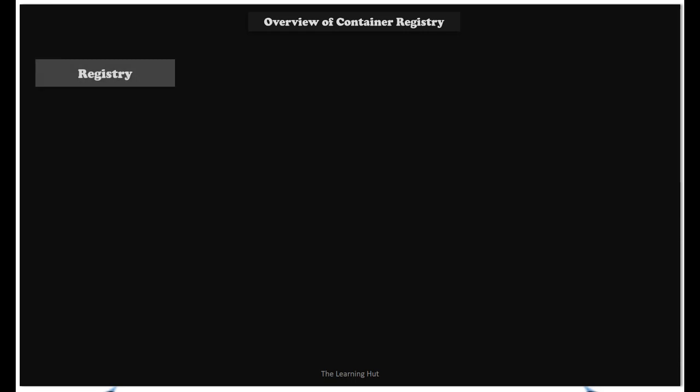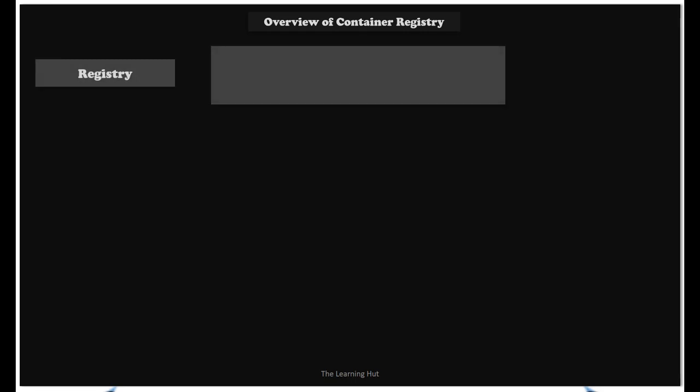First we'll start with the registry. What is a registry? Registry is simple: it is where we can store our images. That should be a central location, available to all nodes. It could be your staging environment, your production environment, or your development environment. From any environment you can access the registry and the repository, and pull or push images from it.